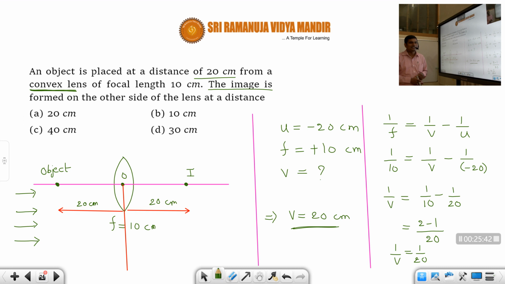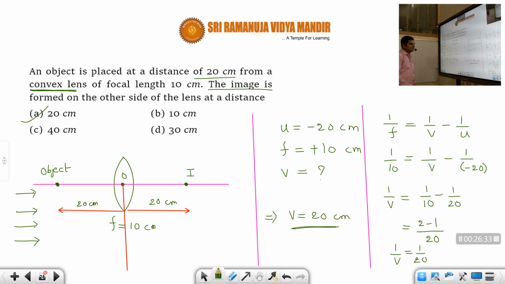And we know, according to the properties of the image formed for different positions of the object, that when an object is placed at 2f, you will get the image exactly at 2f on the other side. So therefore the answer is 20 cm. You don't have to do it actually, but as a matter of how to solve a problem, I have done this one. For some questions you can easily solve just by seeing the data, and you can directly answer it. So the answer is 20 centimeters.